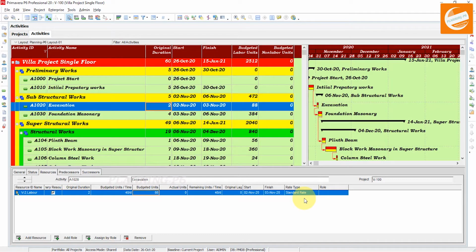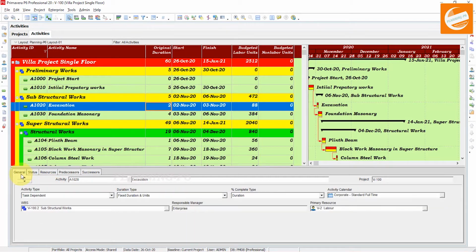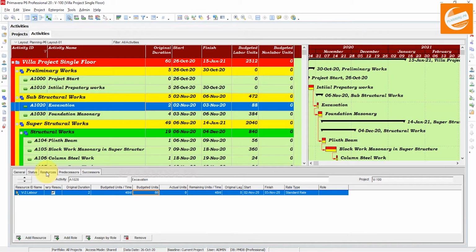If you want to calculate a resource assignment's remaining values based on the activity duration type specified in the activity details General tab, this activity duration type will affect that figure. I have to select fixed duration.